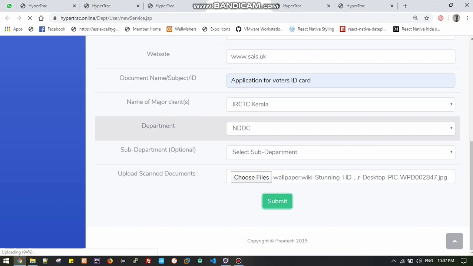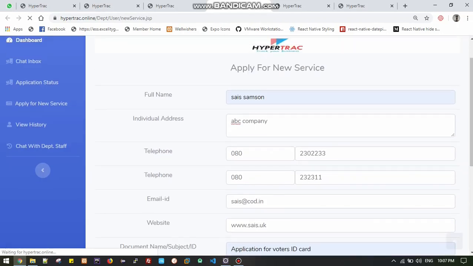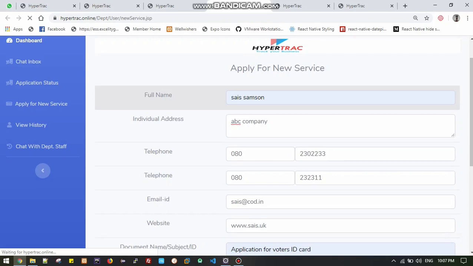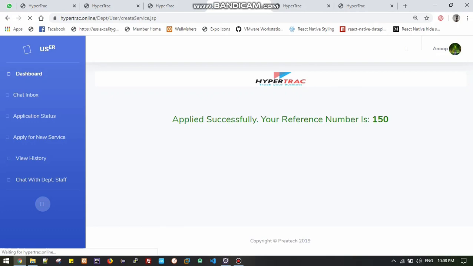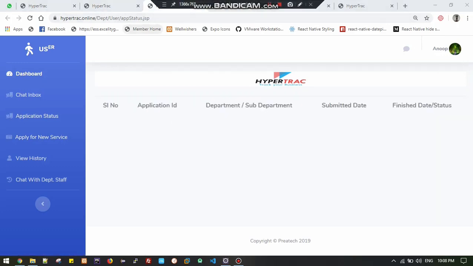So once the document is submitted, you will be getting an application reference number, which you can save somewhere for future use. My network is a little bit slow, so you'll be getting the application ID. You need to write it down somewhere. That is, you have applied. Once you have applied, you can see it in the application status.